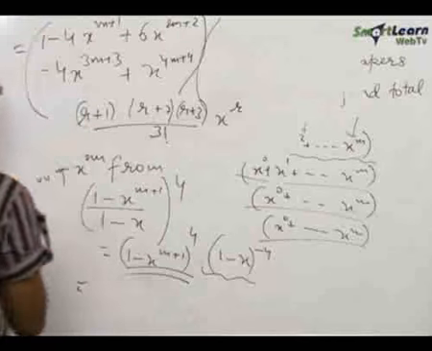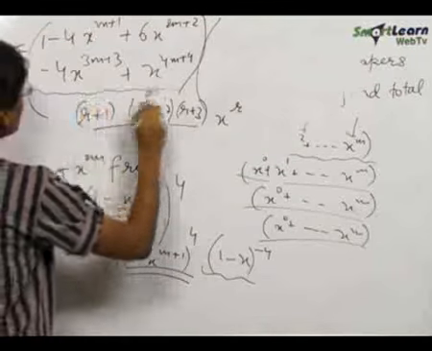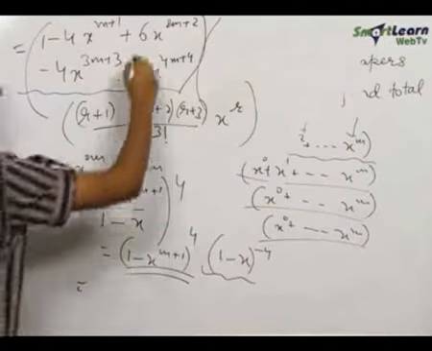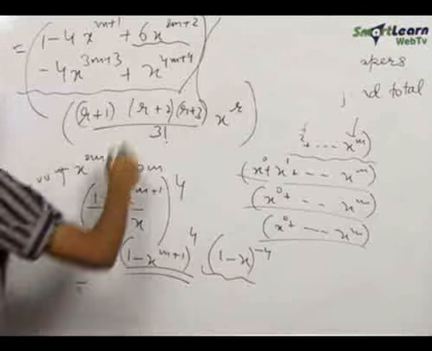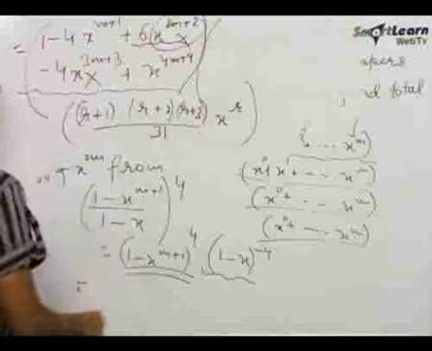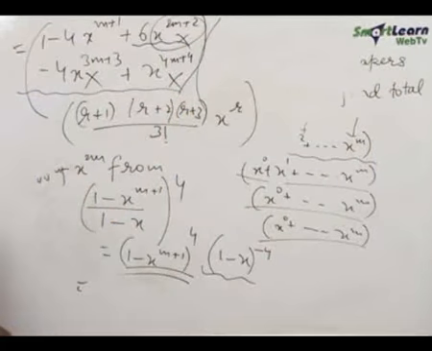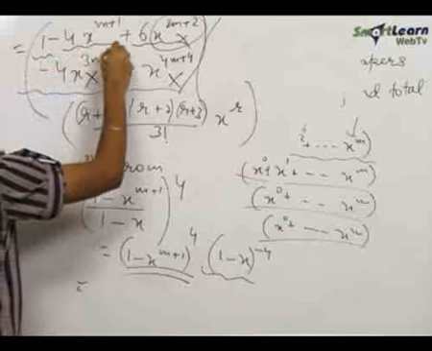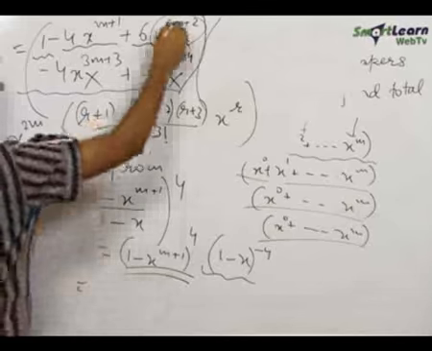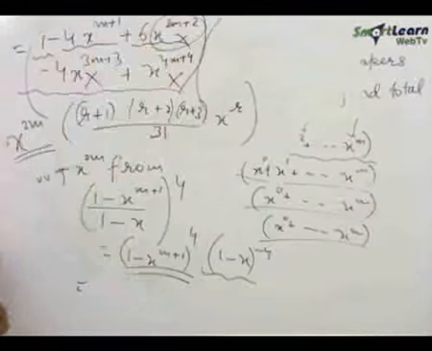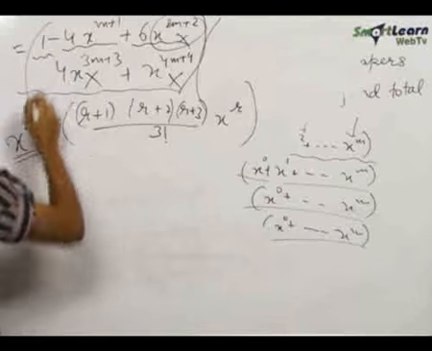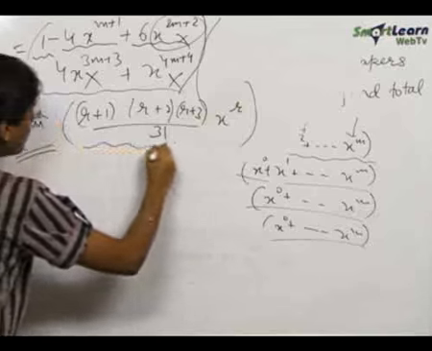So over here we need to find the coefficient of x power 2m from the product of this bracket into this bracket. Now this is a useless term for us because we need the coefficient of x power 2m, and this term is already greater than x power 2m. So this is useless, this is again useless, and this is again useless. The only beneficial terms are 1 and x power m plus 1. These 3 are useless terms for us. We already have x power 0 over here, so we require x power 2m from this bracket only.